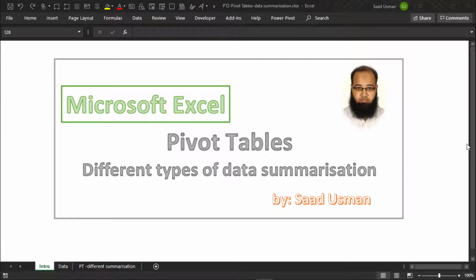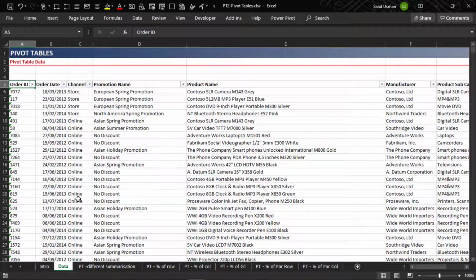In today's video, we are going to discuss some data summarization techniques as well as some calculations that are available in pivot tables. We have some data here which we used in our first video as well. We are going to use this data and try to create some pivot tables and do some analysis and some